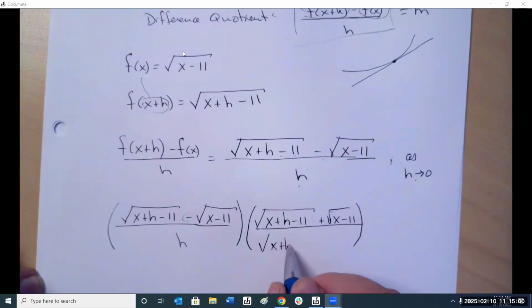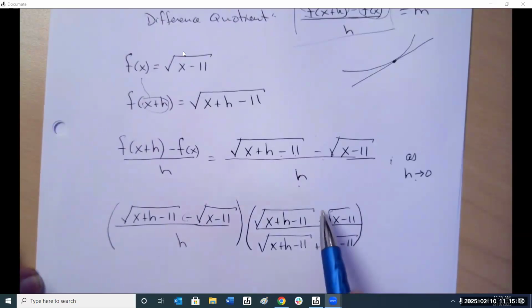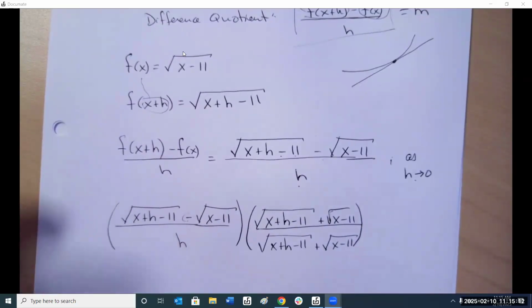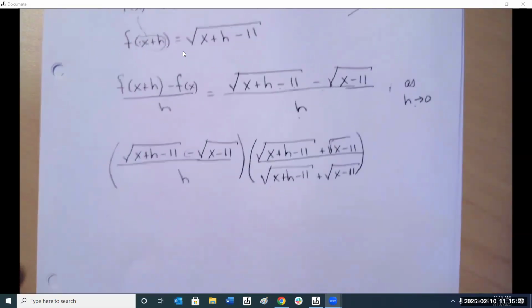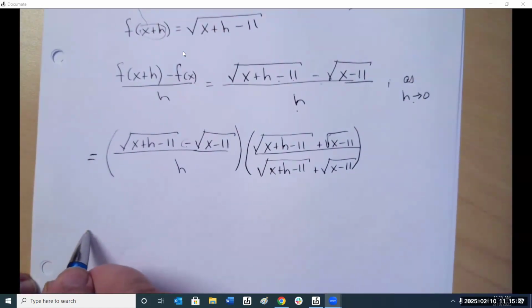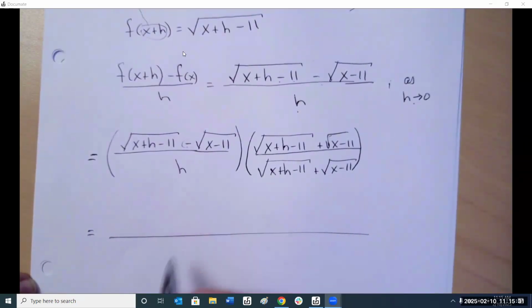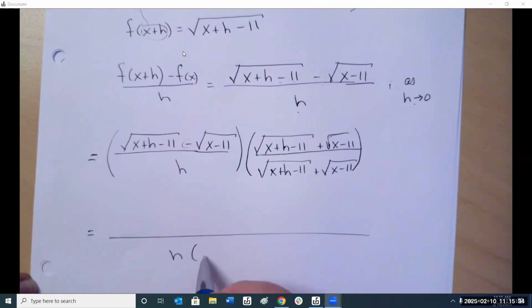Why top and bottom? What does this equation equal? 1. Same thing over same thing. So we're multiplying by 1. We're not changing the equation, we're changing the way it looks. So on the bottom, we have